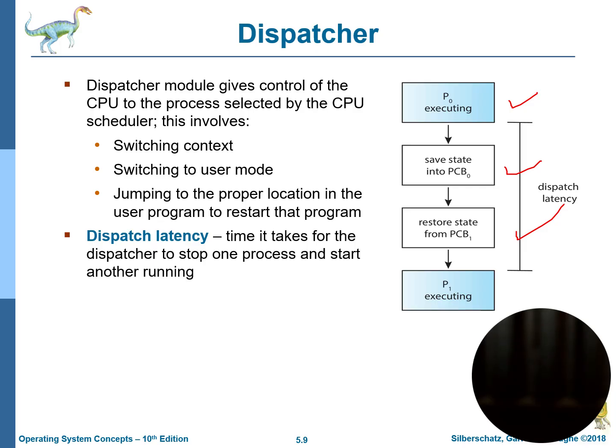We simply save the state of the current process control block and then we allow it to exit. Then we take the process control block of another program which was waiting in the queue, place it into the processor, and go to the point where it last terminated, where it last waited, then we continue running it. During that process, there is what is called dispatch latency, the time it takes for a dispatcher to stop one process and start another one. That small moment is called dispatch latency.